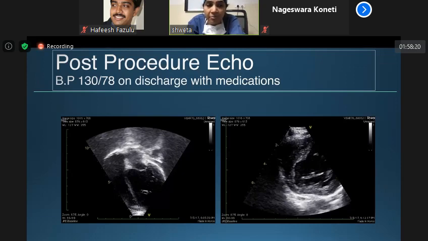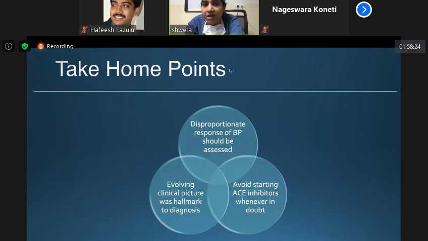So disproportionate response to the inotropes should be considered. When you are giving inodilators like milrinone or vasopressors like dobutamine, the blood pressure should not go beyond the 95th centile. So if you look at the monitor which is showing 130/70, don't be very happy, okay, thinking the blood pressures are normal.